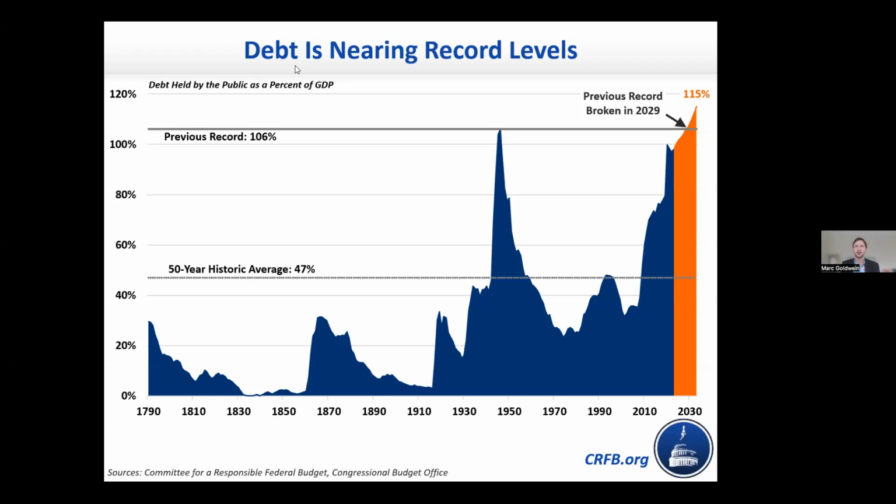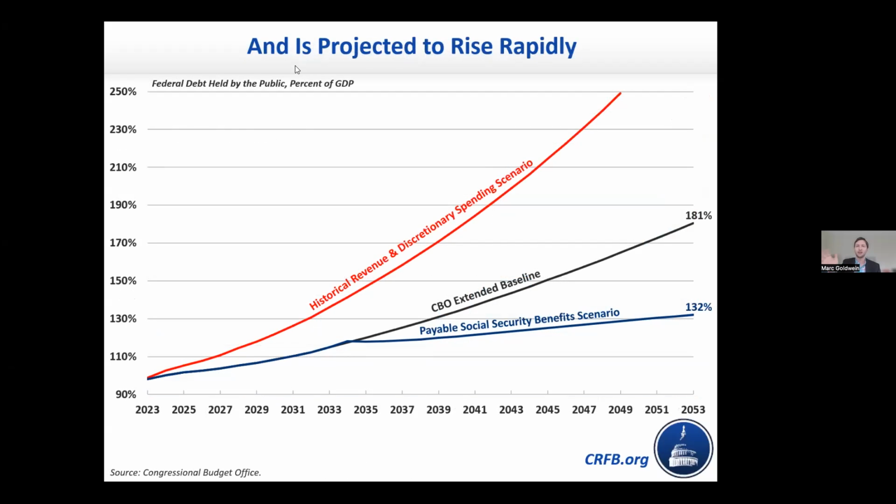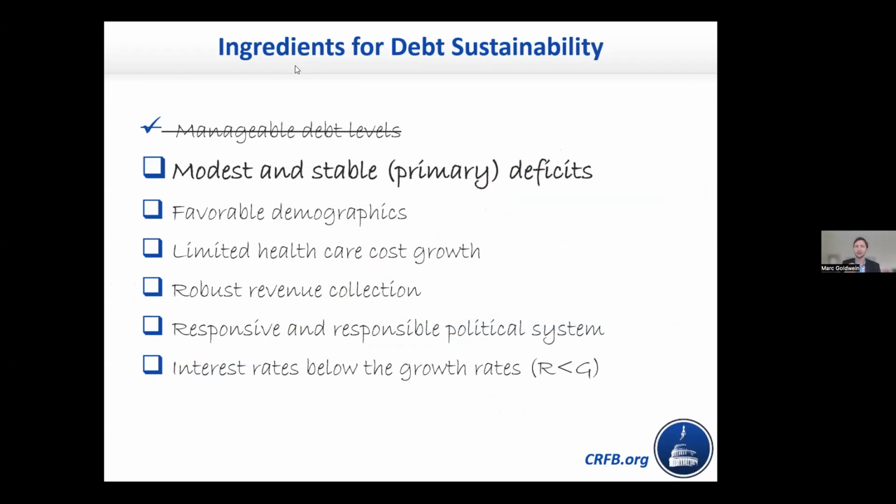The circumstance here is under official projections, debt is going to blow past that World War II record. It's going to hit it around 2029 and keep rising. We have debt that is very high, well above the 60% Maastricht Treaty level that has long been a convention, well above our 50% average. Not yet in unprecedented territory, but very close to that as well. And if you look going forward, these are just Congressional Budget Office projections. You'll see the trajectory is not good. So manageable debt levels, maybe not so much.